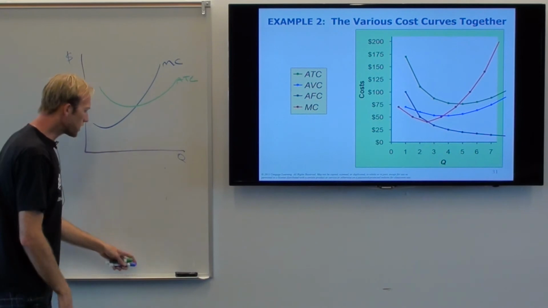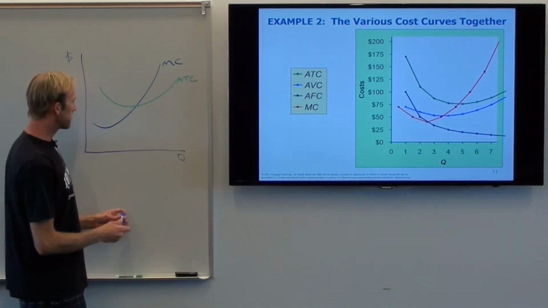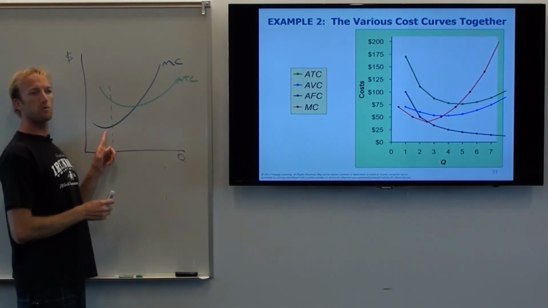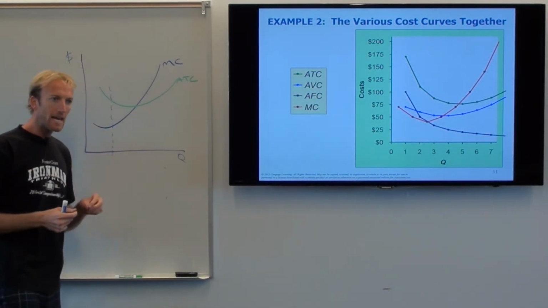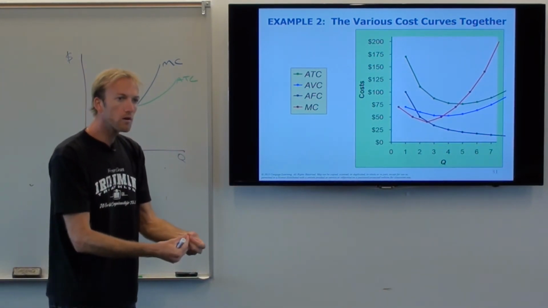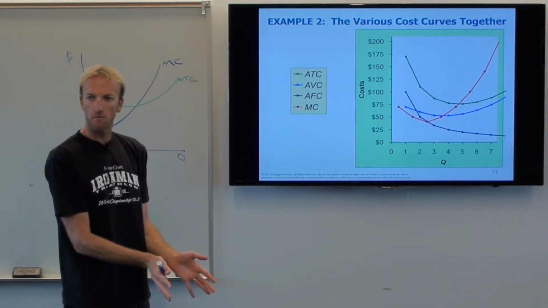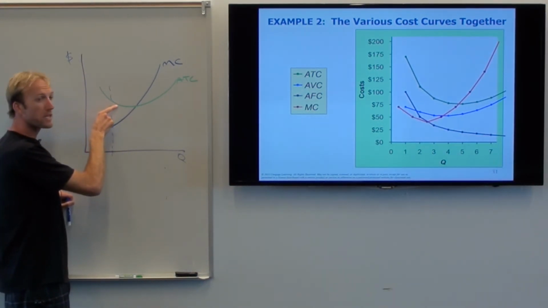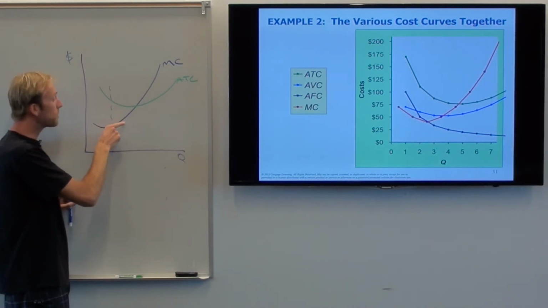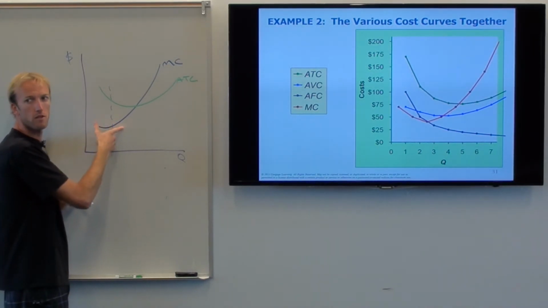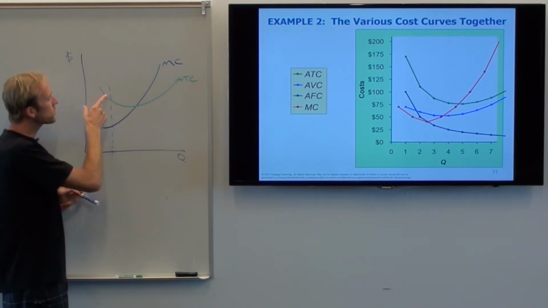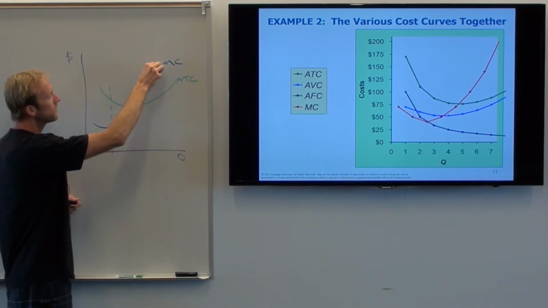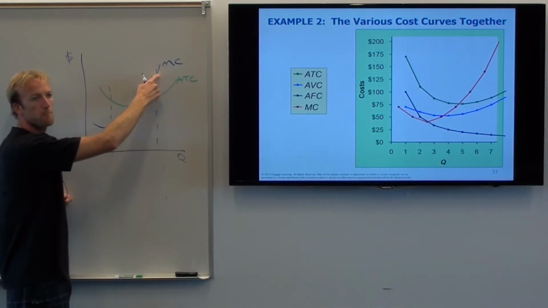Okay? And so if you look at it, look, if you're down here, the marginal cost is really low, right? So that means if I make one more taco, it's pretty cheap to make that one taco, right? So what does that do to the total cost on average? It's bringing it down. Why? Because you're making cheap tacos. The marginal cost, to you, they cost very little, right? So it's going to bring the average total cost of each taco down. Does that make sense?